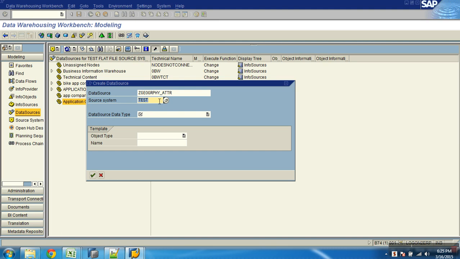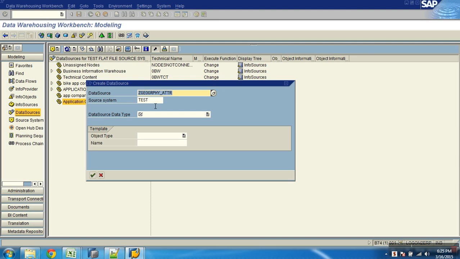A data source is always specific to a source. Always. You're creating some data source. Is it a flat file, or is it DB Connect? Is it R3? Is it a MySQL connection? Which connection is it? Always. A data source cannot exist without the system name. The data source name is always compounded with the connection.